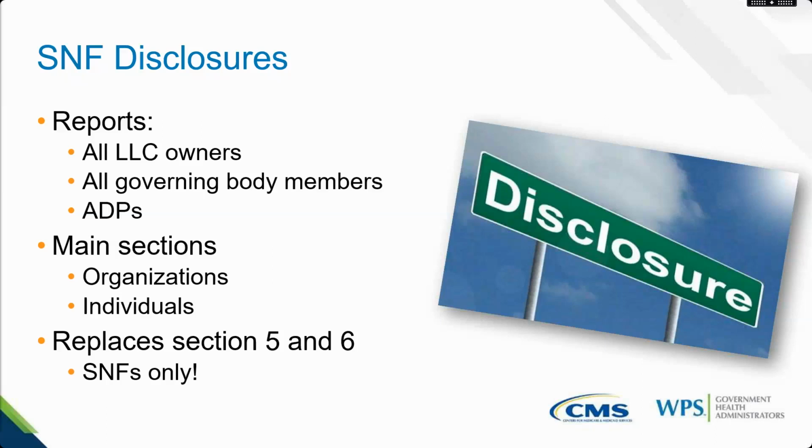So I do want to be very clear, though, as I go through this. If a CMS 855A comes in, and there is information in Section 5 and 6, and that same information is not also in the attachment, we're going to be developing for the information. That is because MACs have been instructed by CMS to disregard information in Sections 5 and 6 for SNFs. Section 5 and 6 for ownership and managing control no longer applies to SNFs, and we cannot take it from there and move it into the attachment, so to speak.